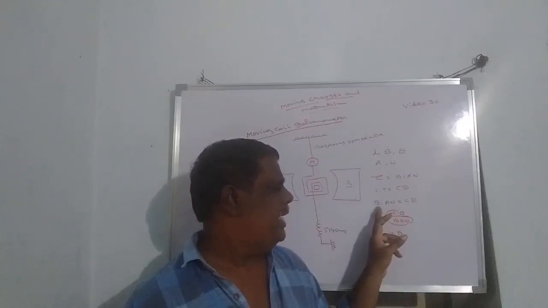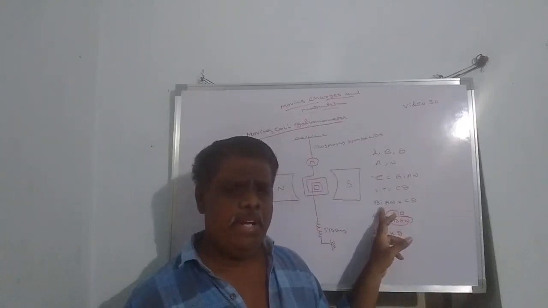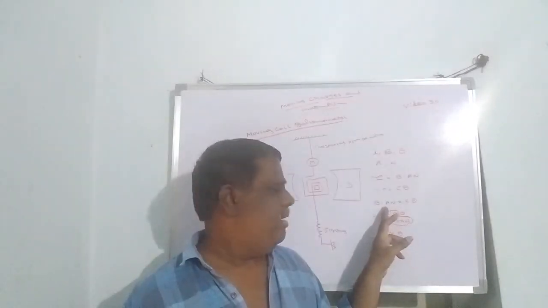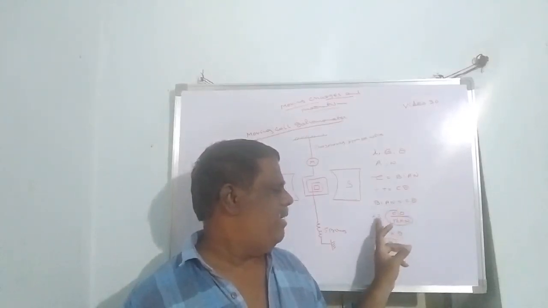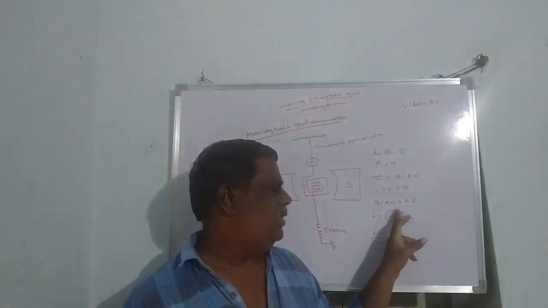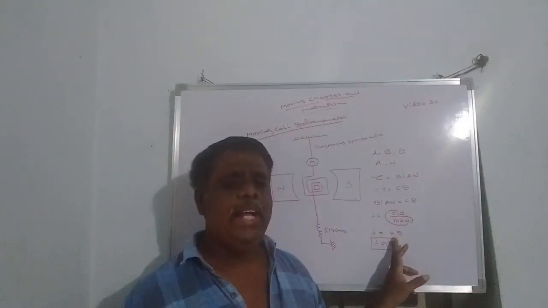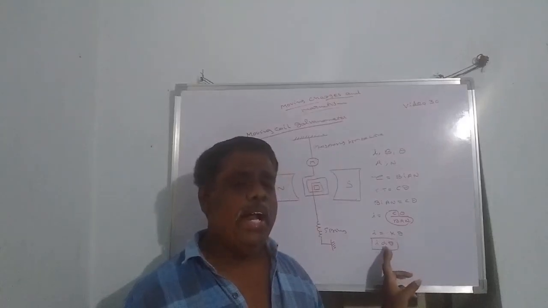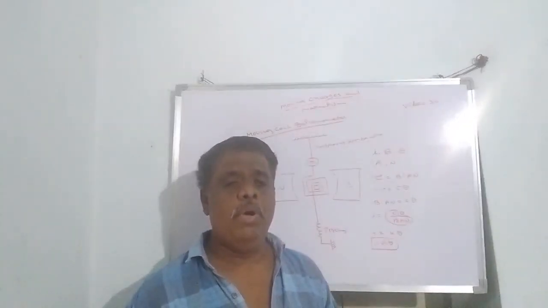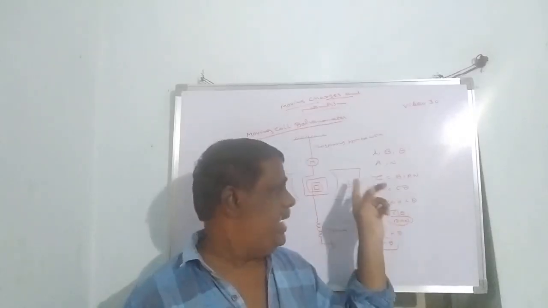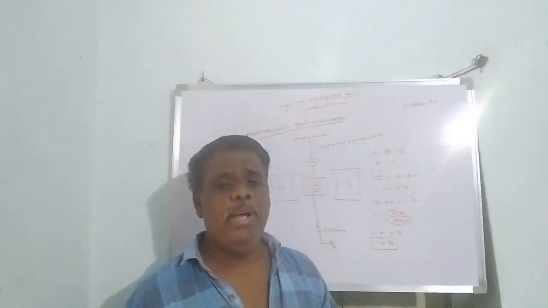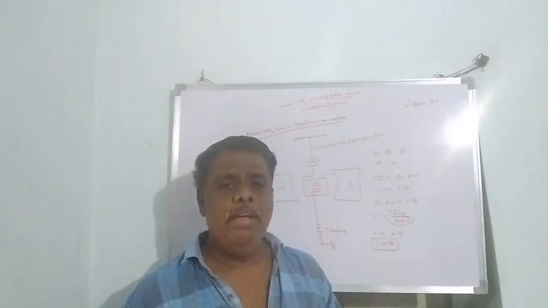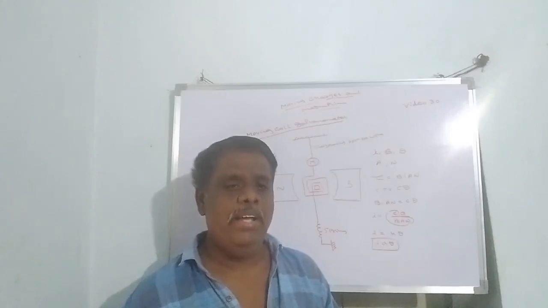Okay, at the equilibrium position of the coil, the deflecting torque will be equal to the restoring torque. BIAN equal to C theta. I equal to C theta by BIN. So C by BN should be equal to K. That is called the galvanometer constant. Therefore, I is equal to K theta, or I is directly proportional to theta. That means if the flow of current increases in the coil, the deflection will also increase. This deflection of the galvanometer will be measured with the lamp and scale arrangement.